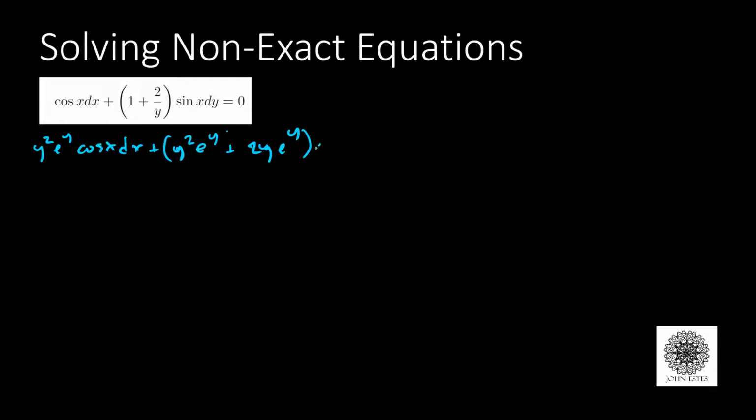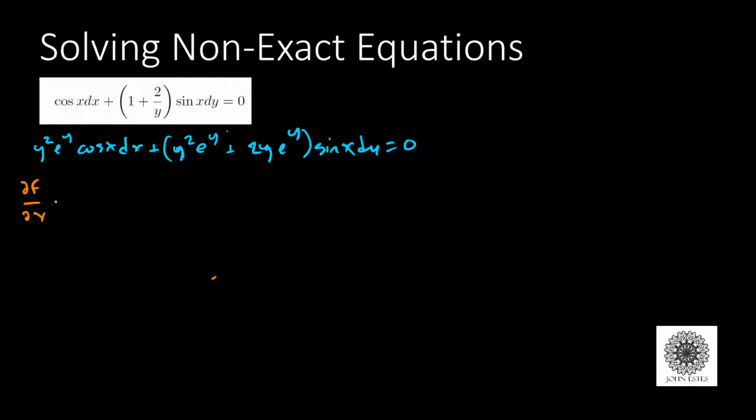This time I'm going to take out the sine x dy equals 0. So now remember, the idea is since this is an exact equation, there is some function f whose differential looks like this thing. And in particular, if I take that function f and take its partial derivative with respect to